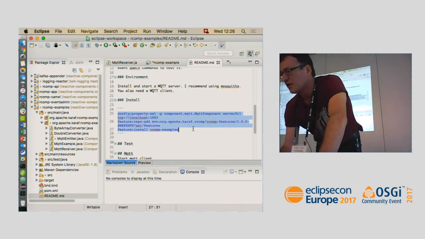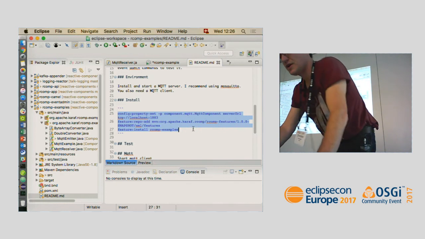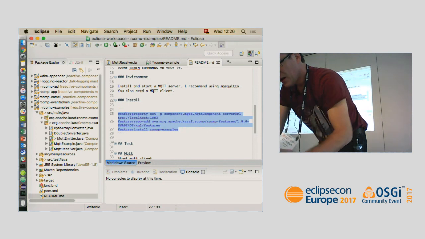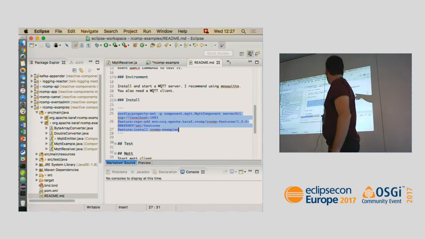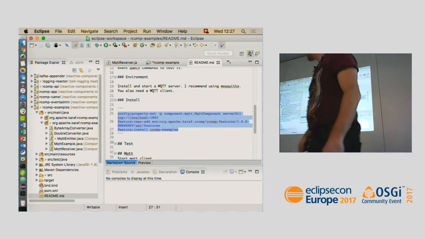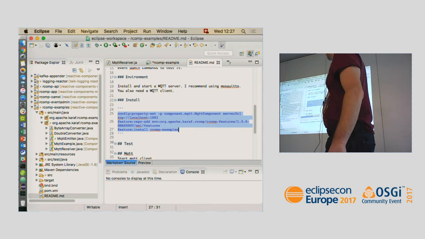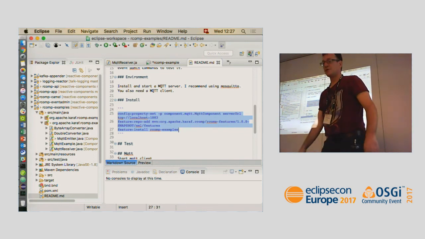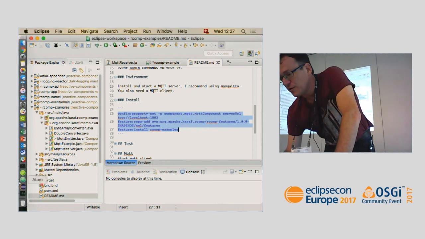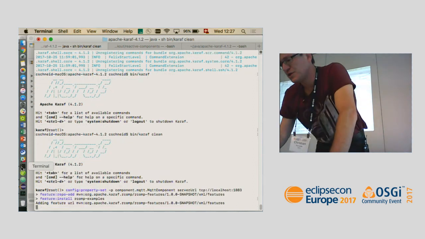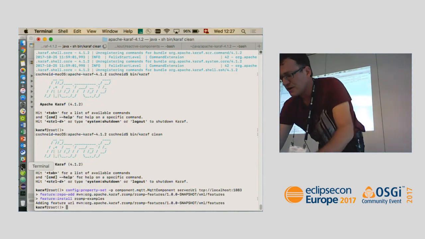So typical for Graph, you can just paste some shell commands and get it all installed into a plain Graph. What this does is it configures the MQTT component to use our MQTT server on localhost, and apart from that, installs the MQTT, the rcomp repository, and there are the examples. This examples feature already pulls in the components it needs. So this is all that is needed to start.